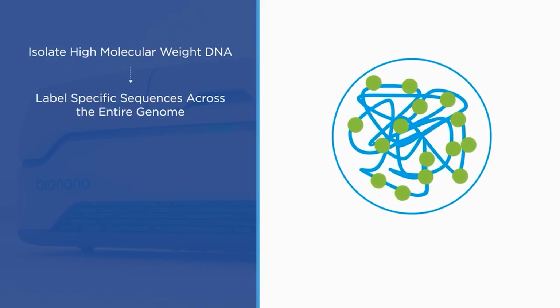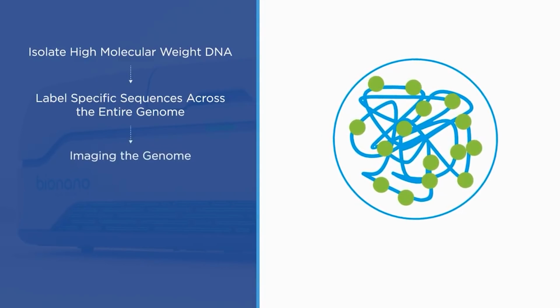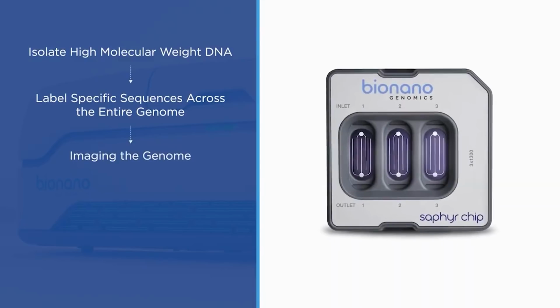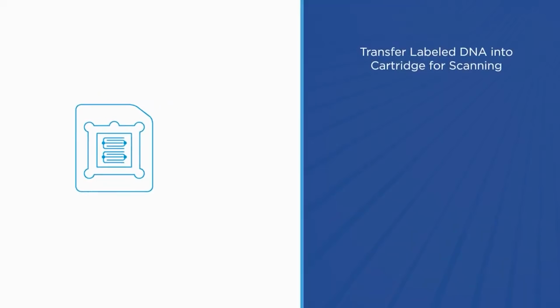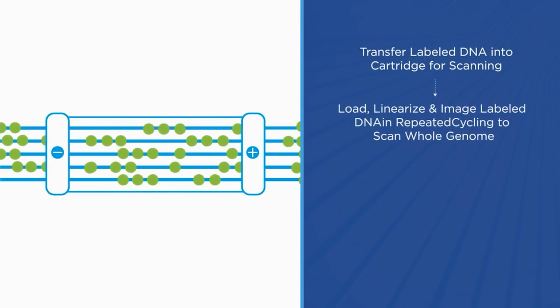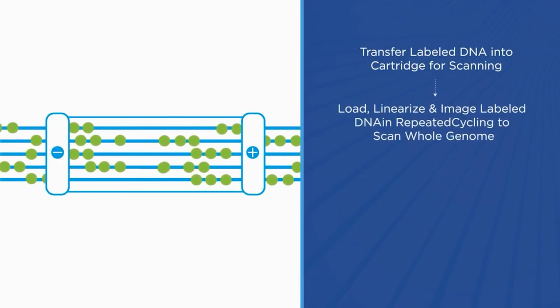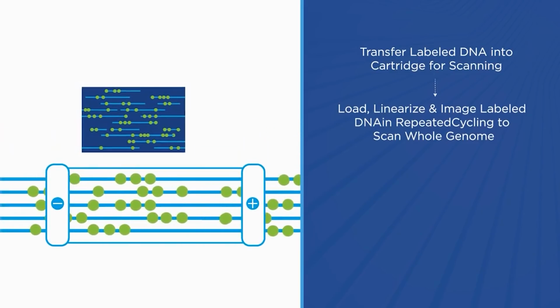The full length of the DNA remains intact during isolation and labeling, preserving the architecture for the next step, imaging the genome. The labeled DNA is pipetted into the Saphyr chip and placed in the Saphyr instrument. In the chip, the DNA is uncoiled or linearized across thousands of parallel nanochannels and imaged, revealing its fluorescent label